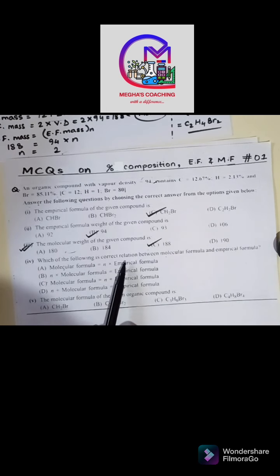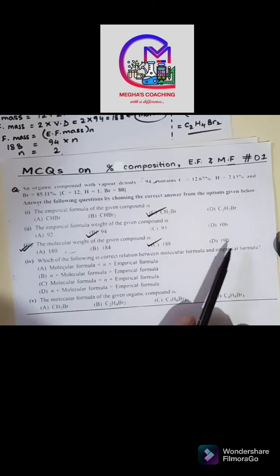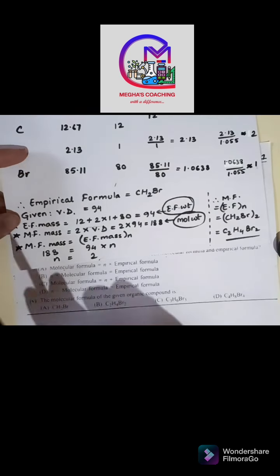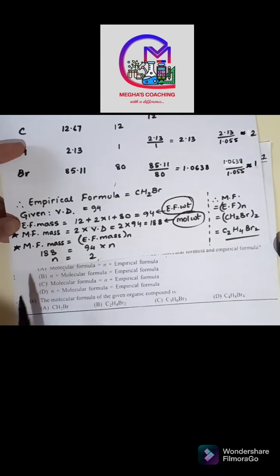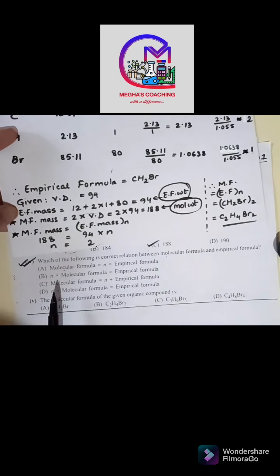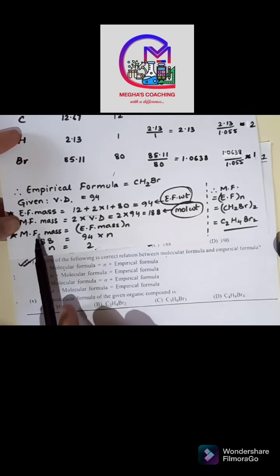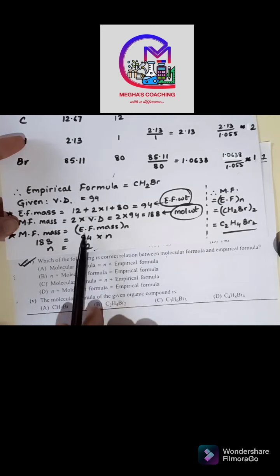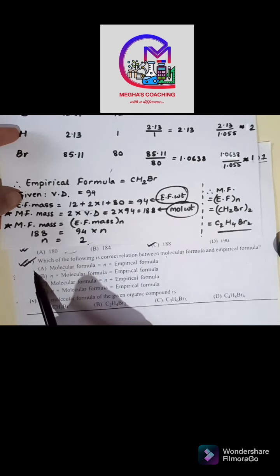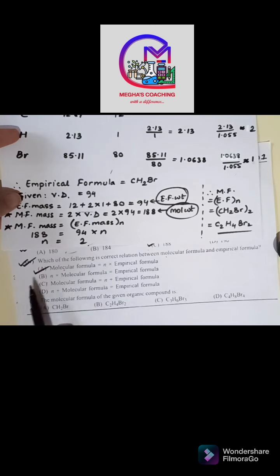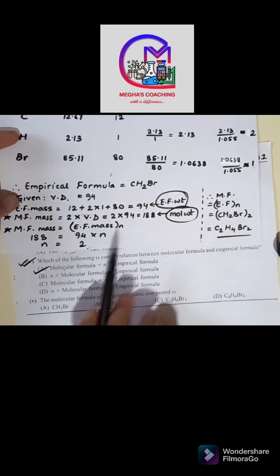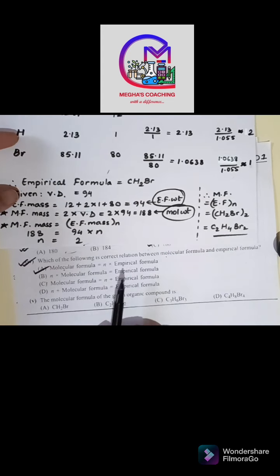Which of the following is the correct relation between molecular formula and empirical formula? See, even this has nothing to do with your calculation. So you can just go for this option, go for these type of questions. So I told you already, molecular formula mass is empirical formula mass whole N. Or you can look at it in this way also. Molecular formula is N times the empirical formula. You see this one. Okay, so option A is the correct option over here.